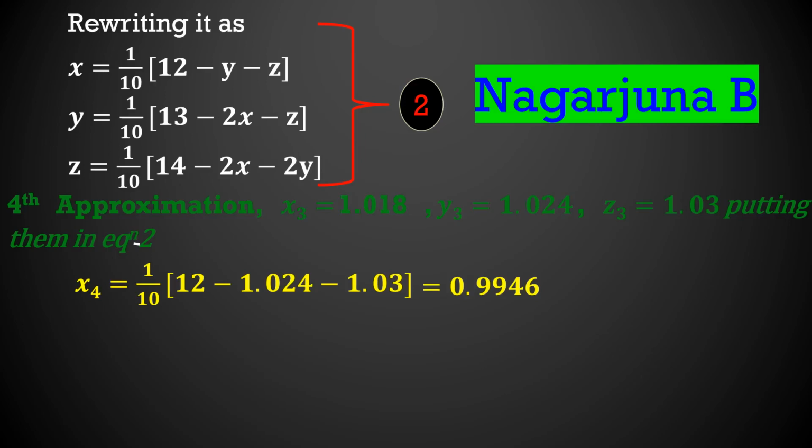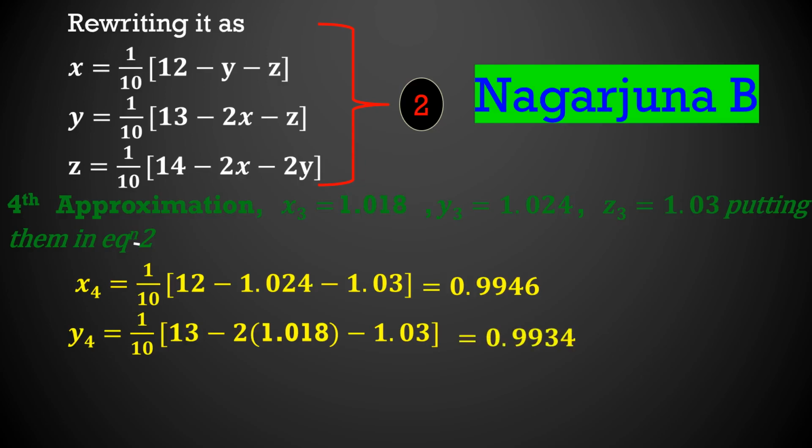Then next, consider the second equation which is present in the system of linear equation 2, which is present above, y is equal to 1 by 10. Consider that equation. So therefore y4 is equal to 1 by 10 into 13 minus 2 into x value, which is 1.018, minus z, which is 1.03. So in the calculator, open the bracket, 13 minus 2 within the bracket 1.018 minus 1.03, close the bracket, divided by 10. Upon simplification it will give the answer, and that answer is